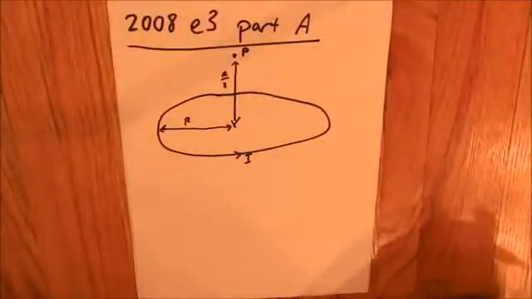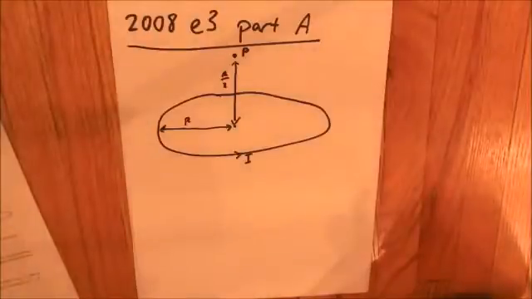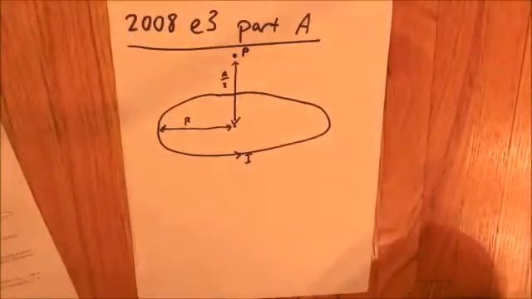So this is 2008 AP problem, E&M 3. Sometimes in an AP problem you'll have to use Biot-Savart to solve for the direction and magnitude of a magnetic field. So in this problem it says the circular loop of wire in figure 1 above has